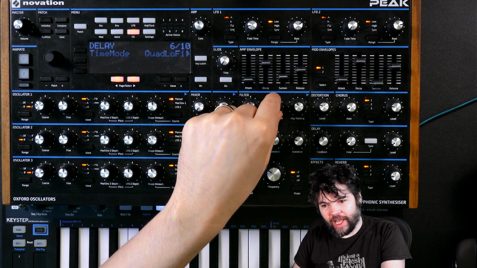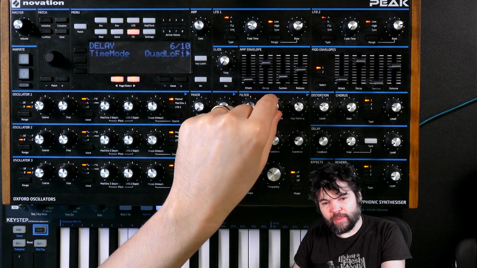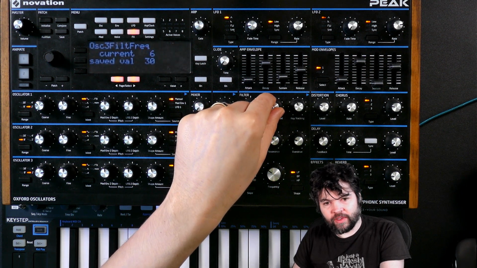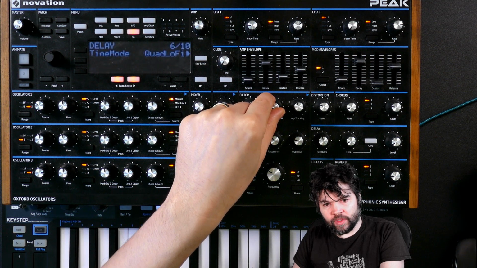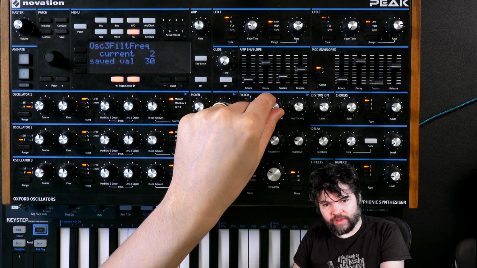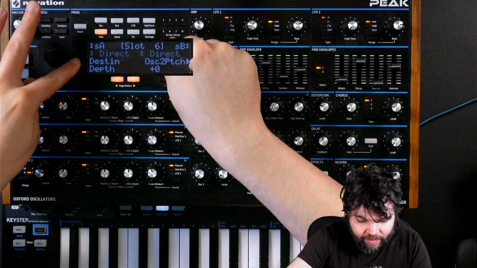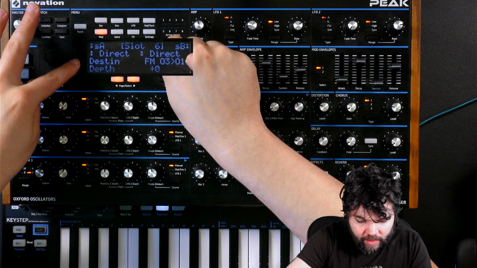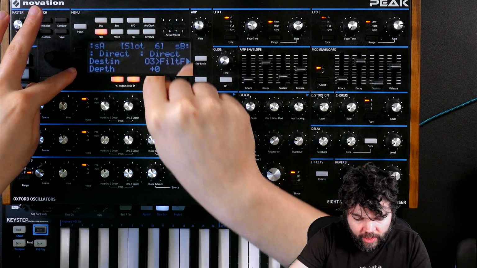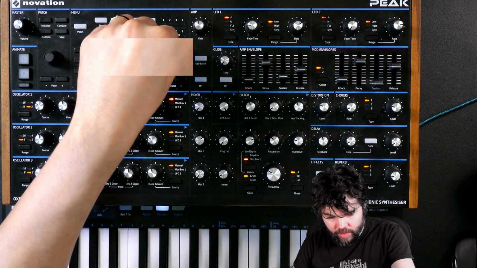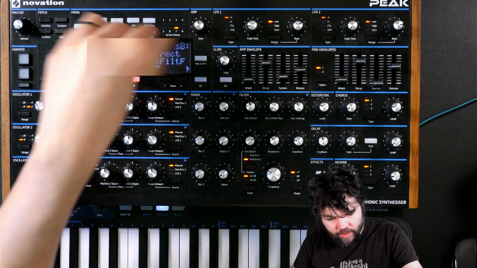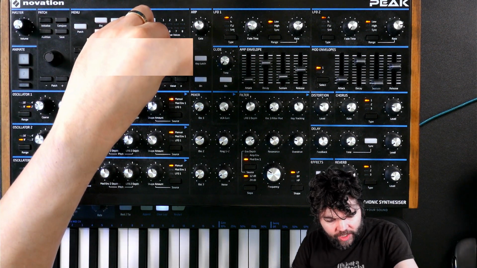I actually quite like how that sounds, but I think it should come in more at higher velocity. So what I'm going to do, set it to a very sort of moderate amount. Then I'm going to have oscillator 3 to the filter and set that velocity sensitive. So now